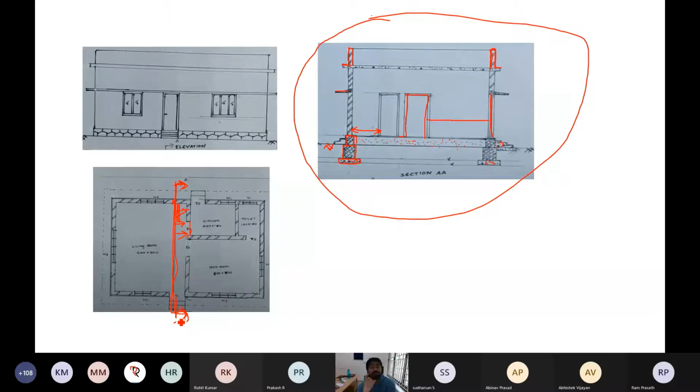So these are all the things you should be very careful in drawing. When the cutting section comes, that should be hatched. Normally, if it is brickwork, you have to show like this. If it is brickwork, you draw like this. Like this, you have to draw. If it is cement concrete, you show like this. Like this, dotted lines you have to show. Okay. So that's all about this.